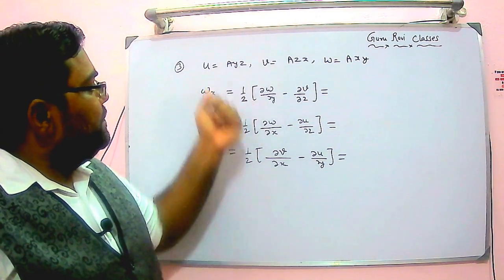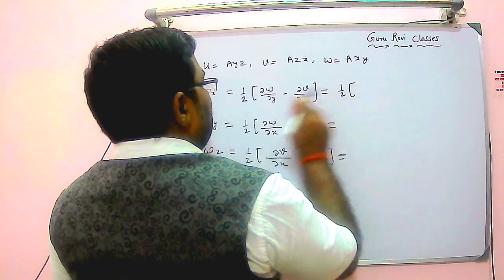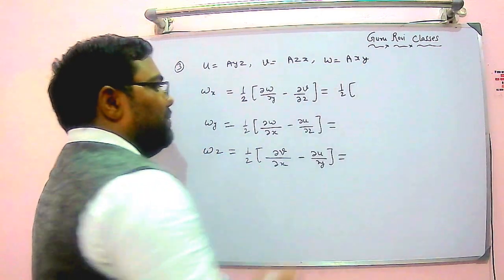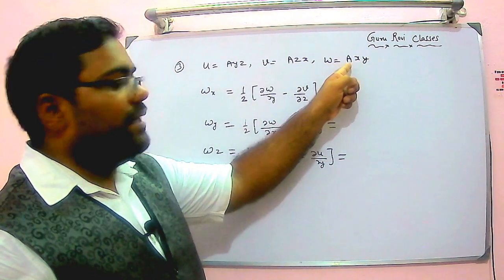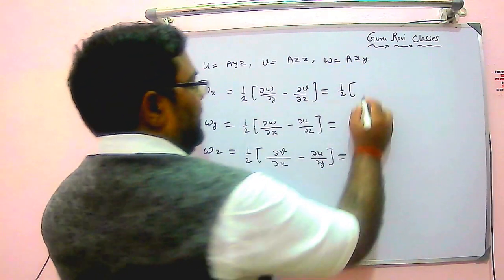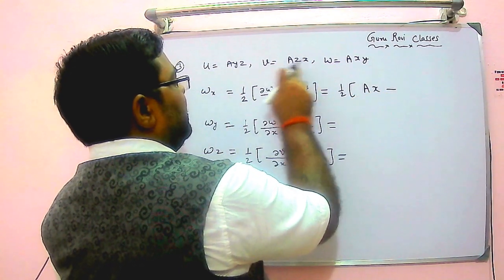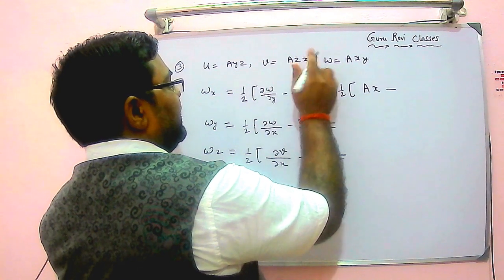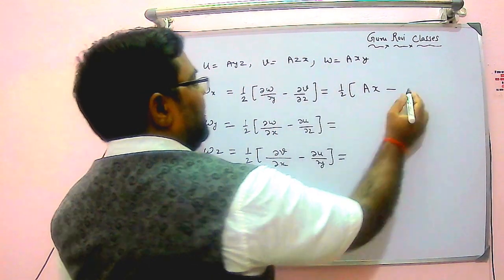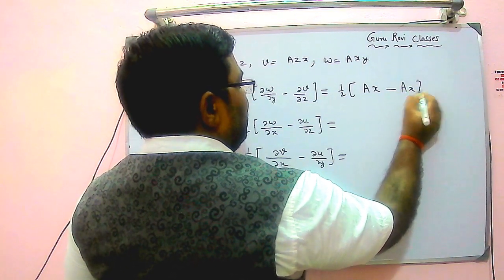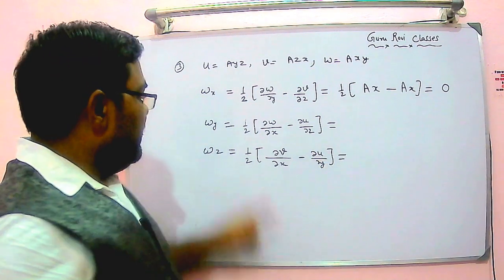So these three we need to find out. Just look at this. I will write simply half. The w component is a x y, and we have to differentiate this with respect to y. I will get a x. Minus, now look at the velocity component v, which is a z x, and we have to differentiate this with respect to z. I get a x. So look at this, I am getting directly 0. Clear? Next one.